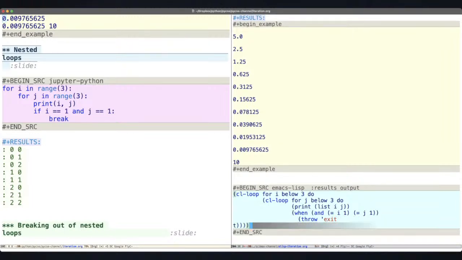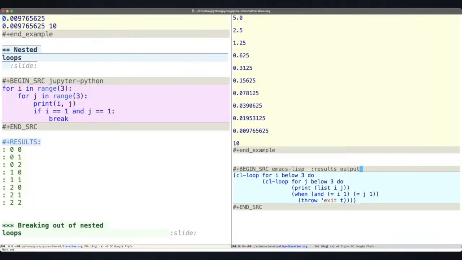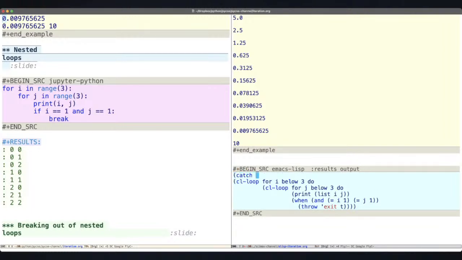All right, and then to make this work, we just have to wrap this in catch. All right, and so let's see, we have